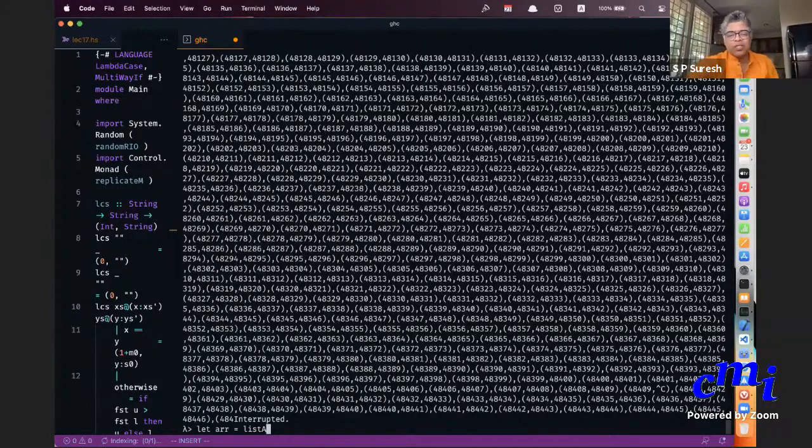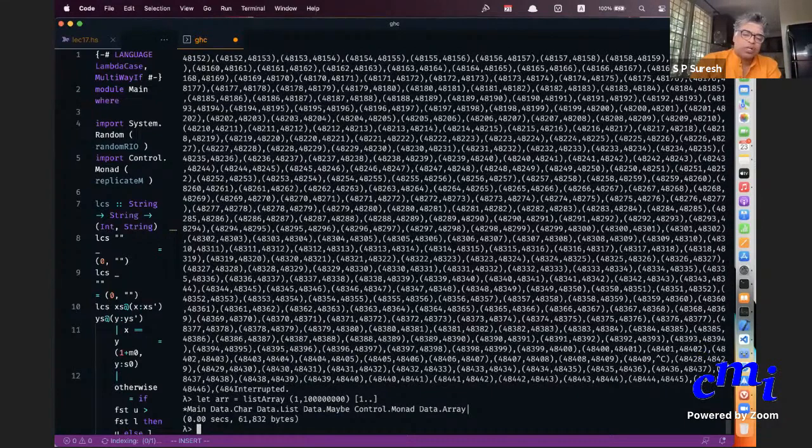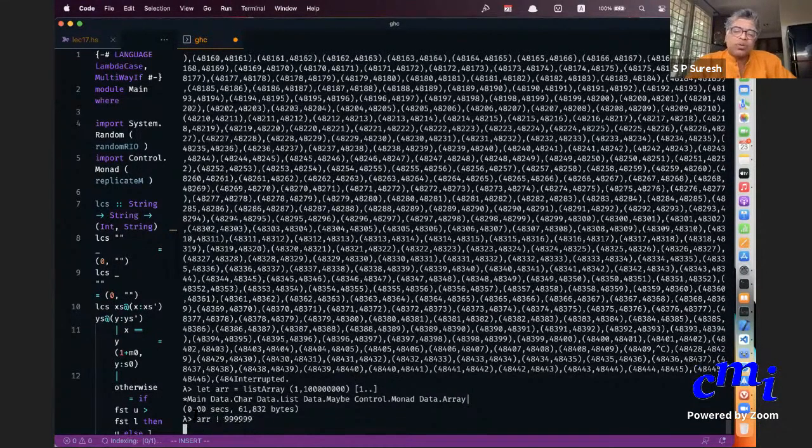You let your arr be this. Now you can ask for any number, what is the number at this position? You see that it's some huge number. Shouldn't take this much time. In 7 seconds you get an answer.